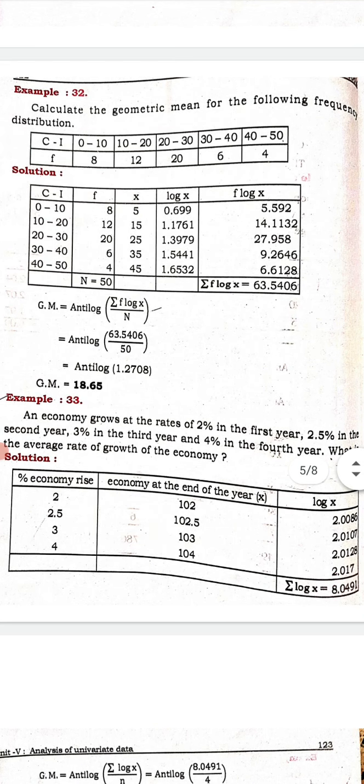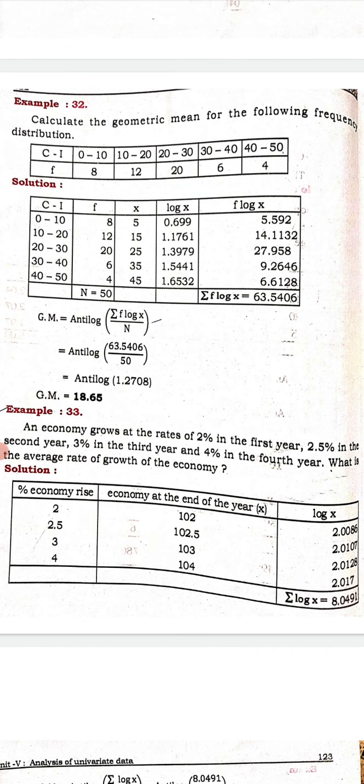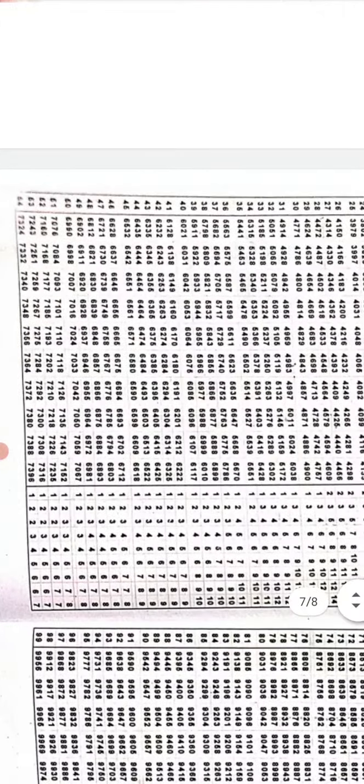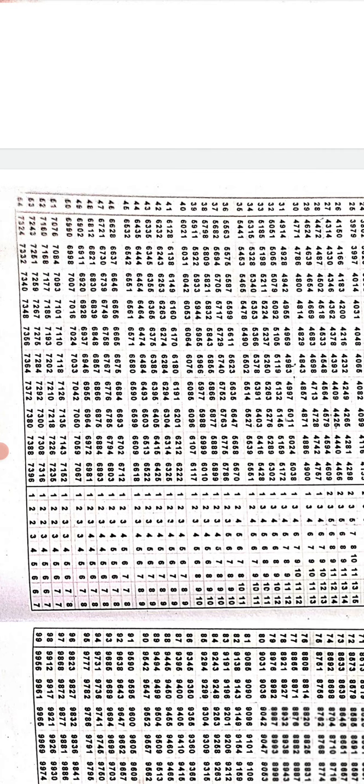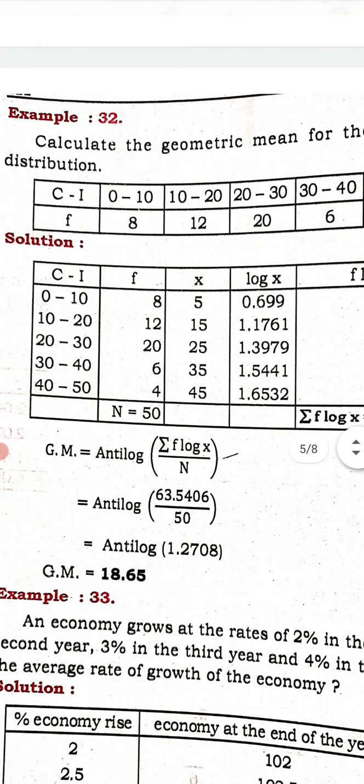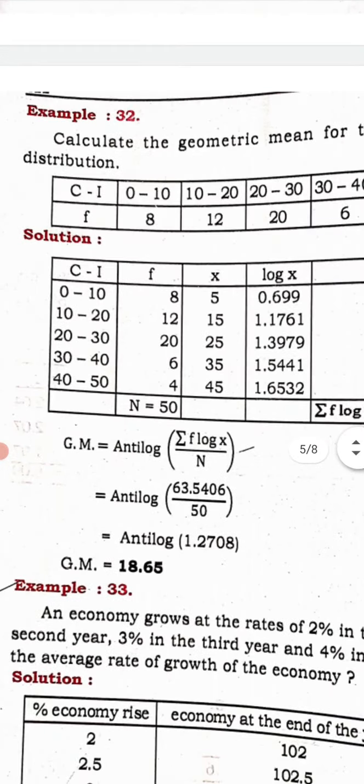Then what is the next step? Log x value. I have told you how to find the log x value. Go to the log table and find the value for 5.0. If you do not have 5's value in your log table, if it starts with 10, then find the 50's value. In 50, you have to see the zero column. See here in the log table, 50 is there, and in that 0 column we have 6990. So you can take the same value here, 6990.